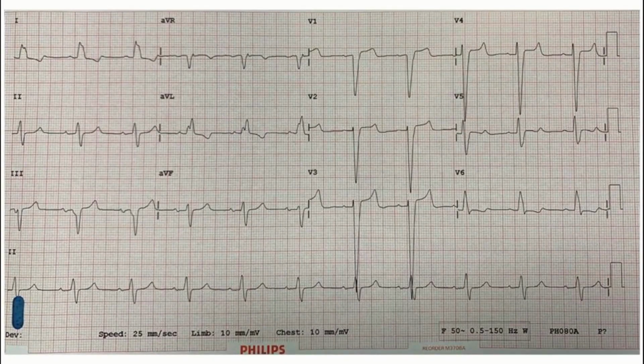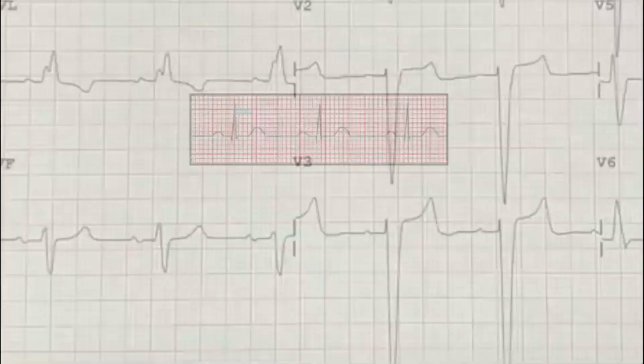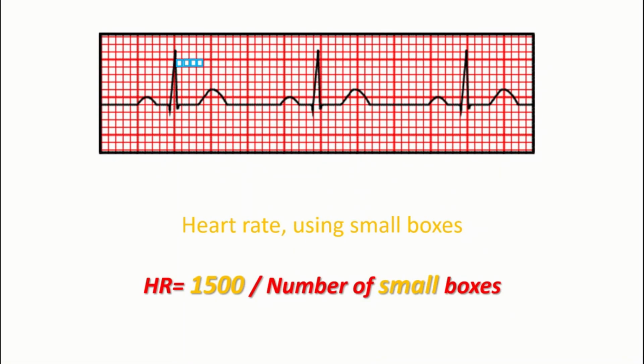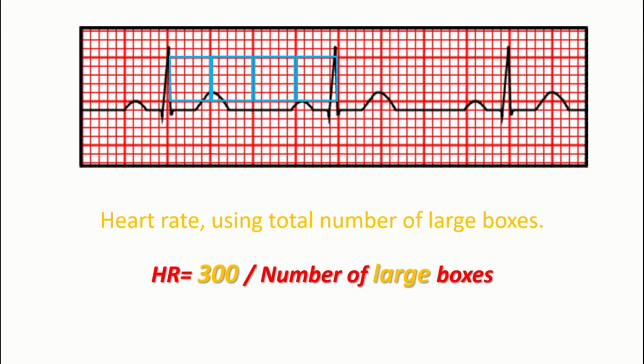In the previous video, we learned about various leads on ECG with regular rhythm and I talked about how we can calculate heart rate easily when rhythm is regular. There were two methods which could be used for heart rate calculation if rhythm is regular. If we want to use these small boxes, the formula is heart rate equals 1500 divided by the total number of small boxes between peaks of two RR waves. And if we want to use the large boxes, then the formula is heart rate equals 300 divided by the number of large boxes between peaks of two consecutive RR waves. I also told that both these methods can't be used if rhythm is irregular.